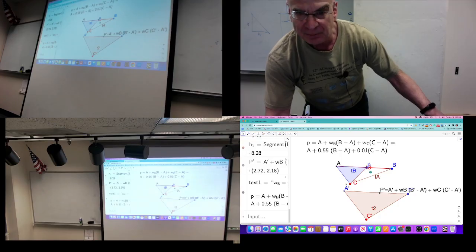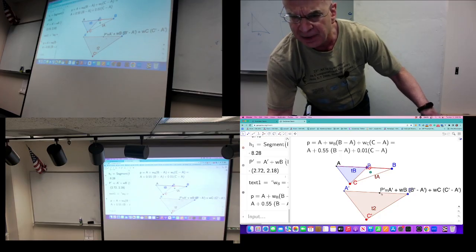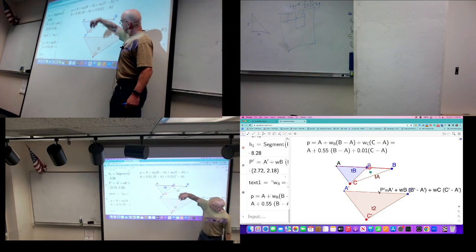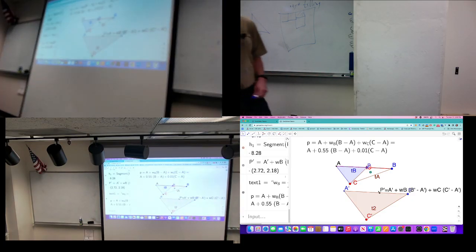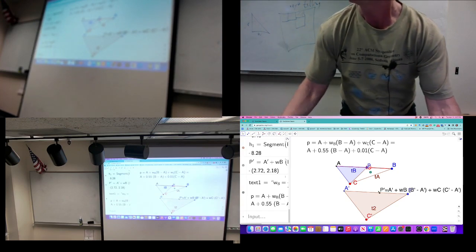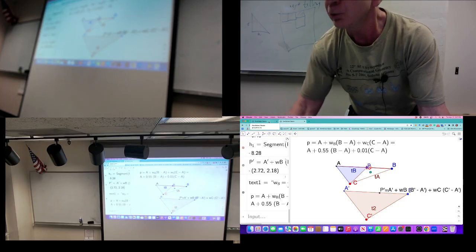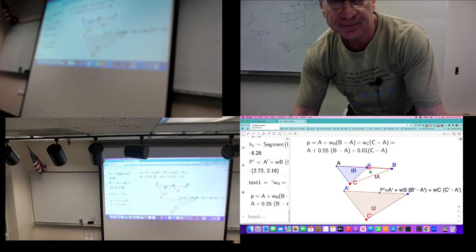The weight of B will be much larger than the weight of C, and accordingly I will fetch P prime, copy the RGB from here and copy it to here. So I made this GeoGebra just to show you that barycentric coordinates is what works under the hood and generates